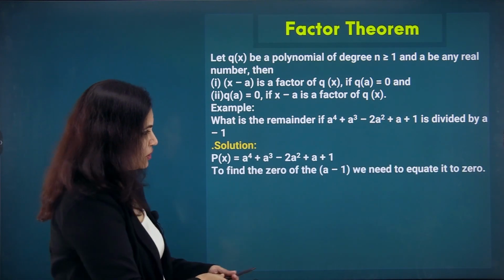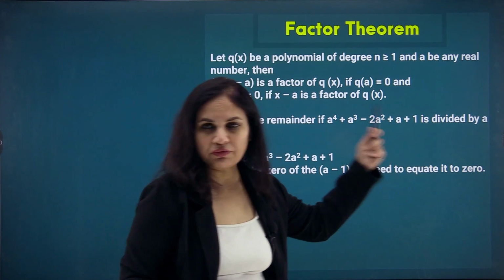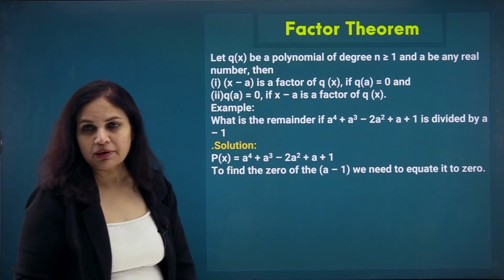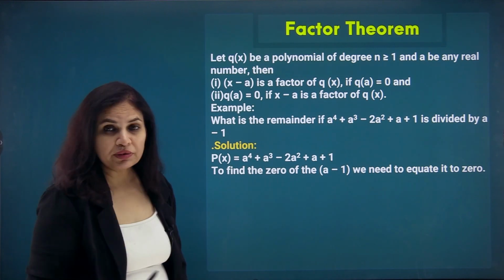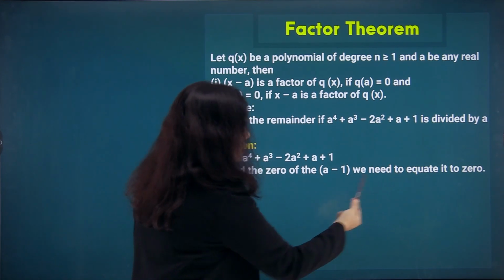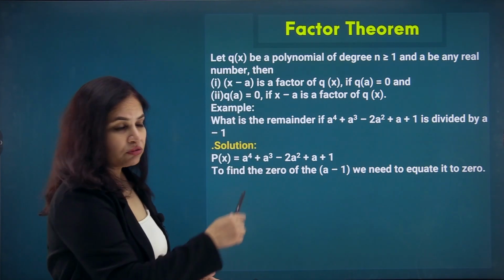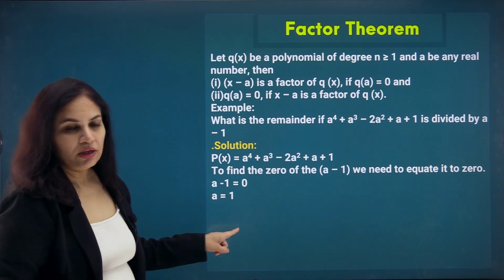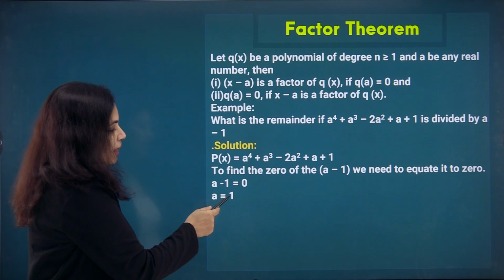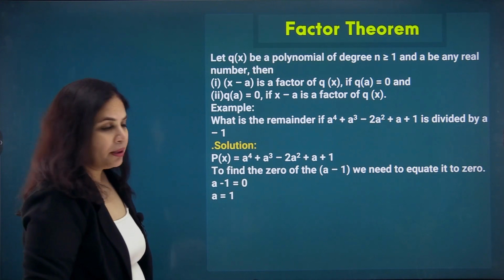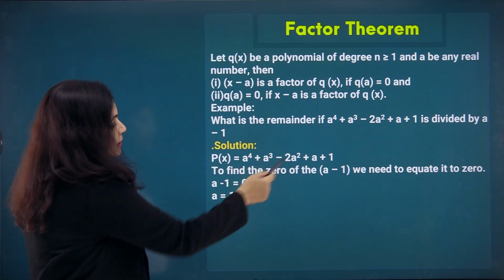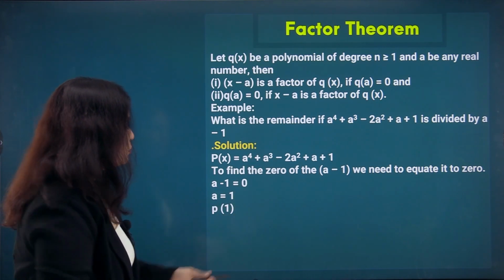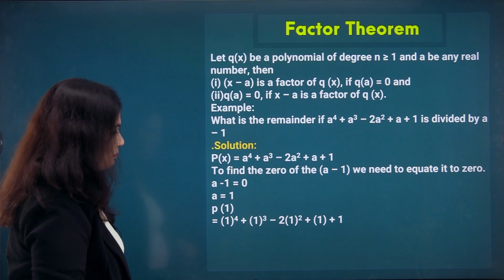To find the 0 of a minus 1, we need to equate it to 0. As I said, 0 is nothing but the root of the polynomial with which we are dividing. We are dividing by a minus 1. So, first we need to find out the root of a minus 1, which will be equal to 1. Now, we substitute a as 1 in the given polynomial. If I put a is equal to 1, then P(1) will become